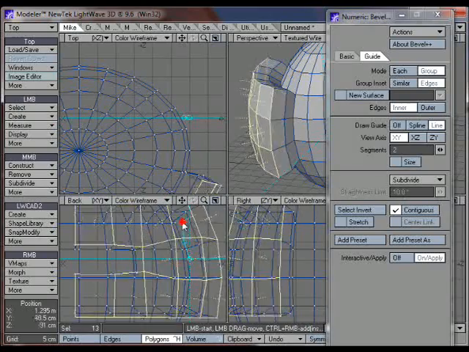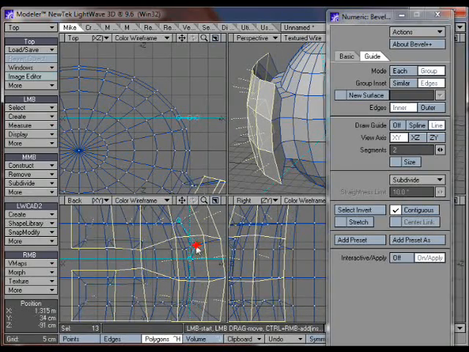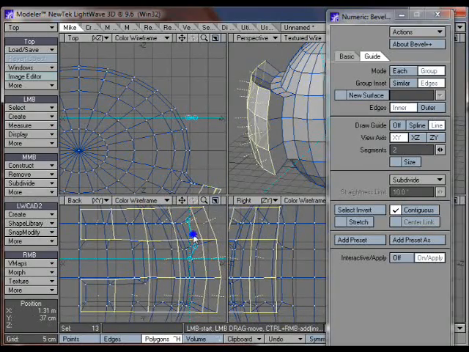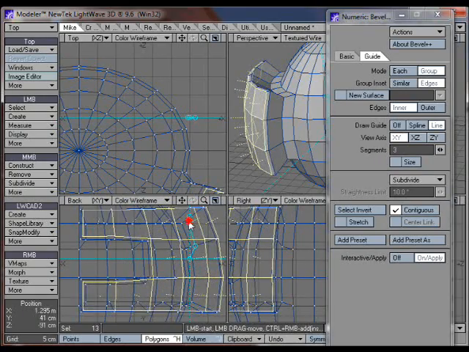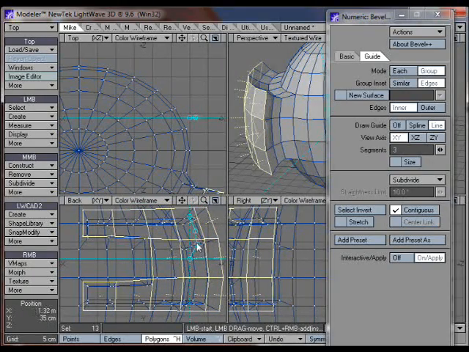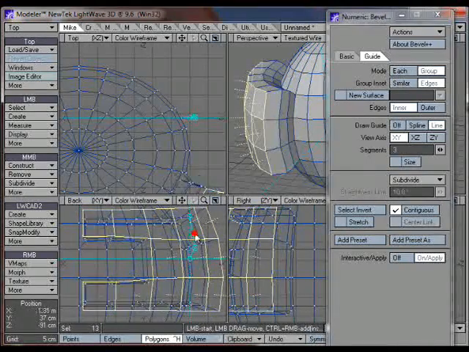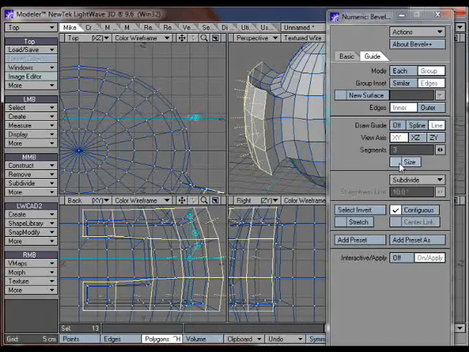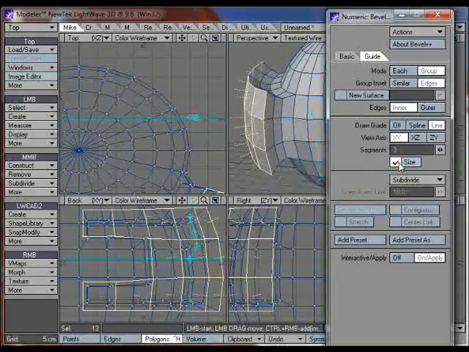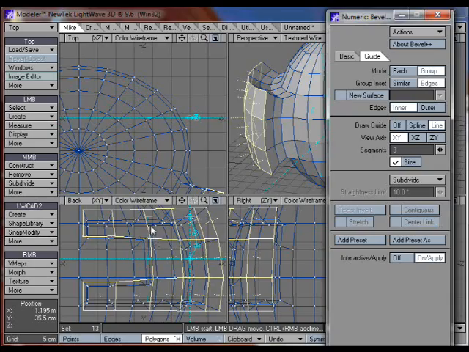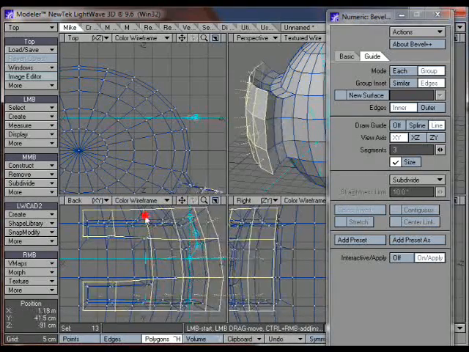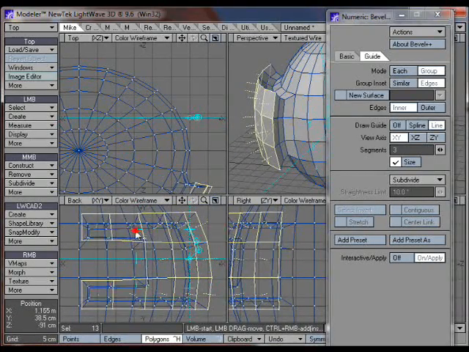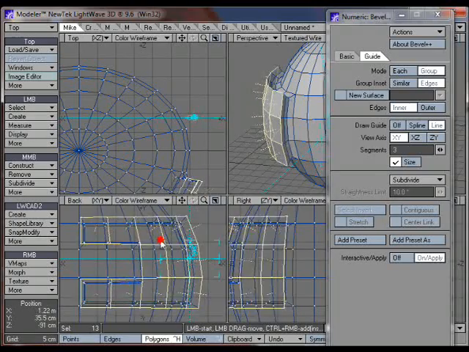You can multi-select points, so if I just shift and click on a couple of handles you can move those around as one unit, or if you click the size button you can scale that whole spline, so you can adjust your